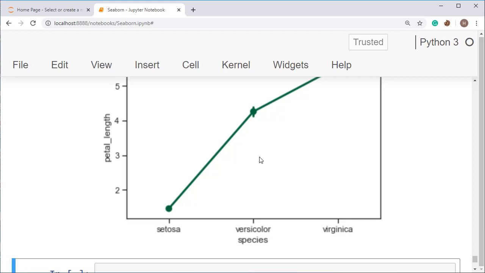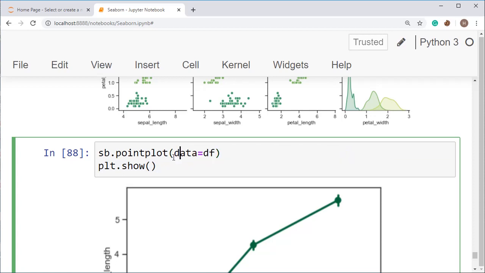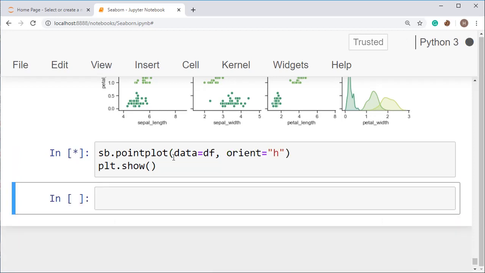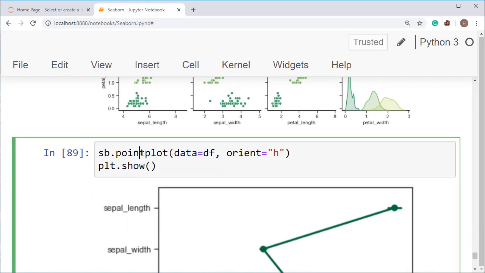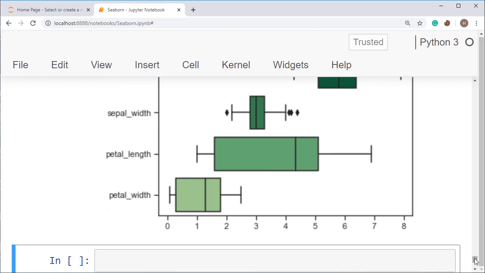You can also plot the data in box form just by using a box plot. And you can set the box plot orientation to h. Let's see, I want to plot a box plot. So I'm passing the data df, and if you want to plot it in a horizontal manner, you have to set orient equal to h. Sorry, I had used the point plot and set it to box plot. Then you will see the box plot in horizontal manner. See here, this one is our box plot. You can also set the violin plot in the same manner.